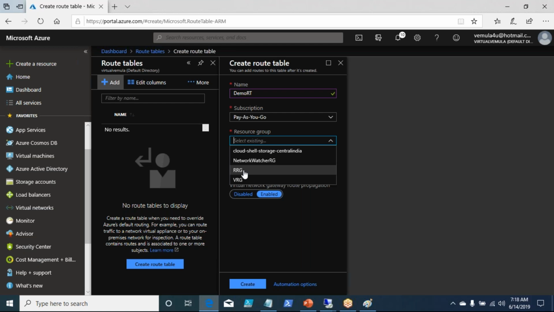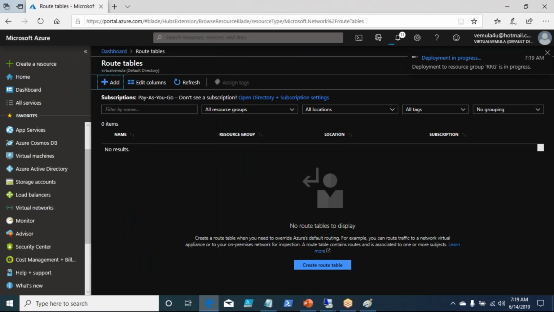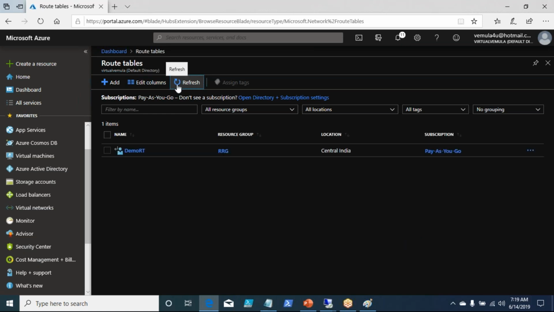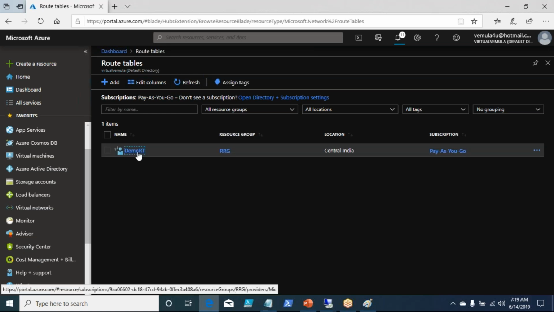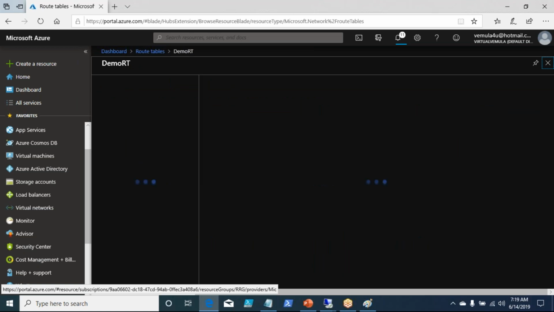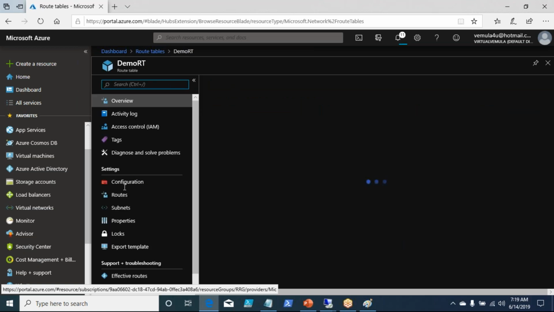I'll put it in RRG, which is routing resource group, and I'll create that in Central India. Now you just created a routing table. Now you need to go and define the routes in that. For that, you go to the routing table you created, and go to the routes.